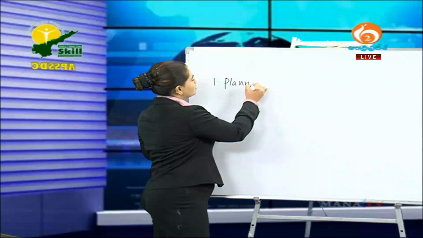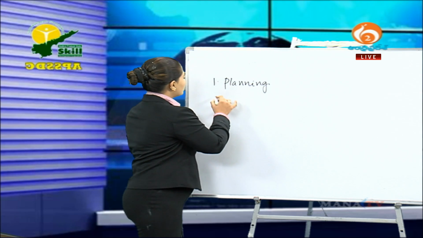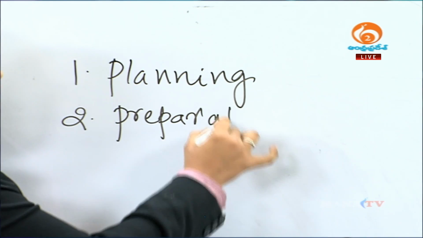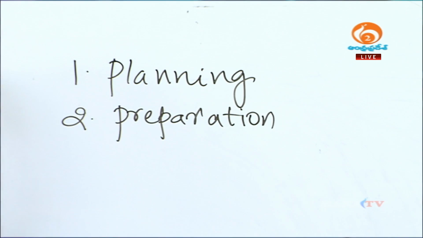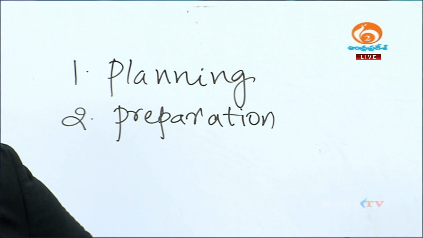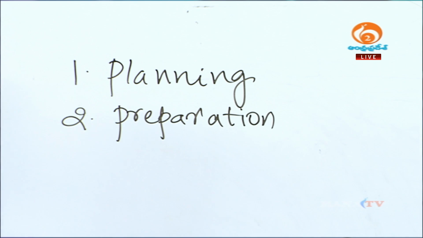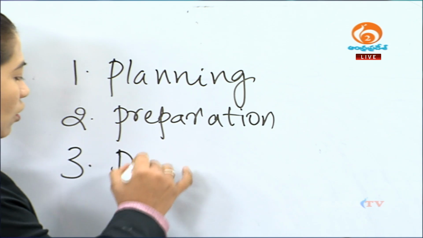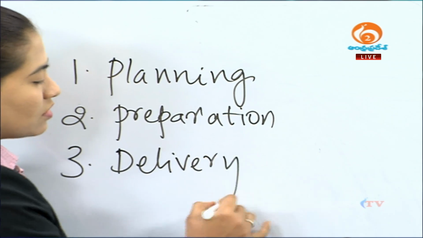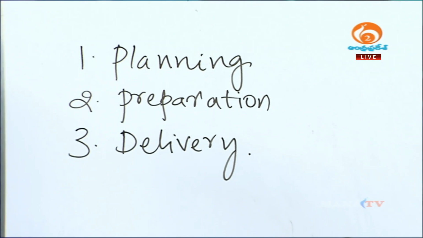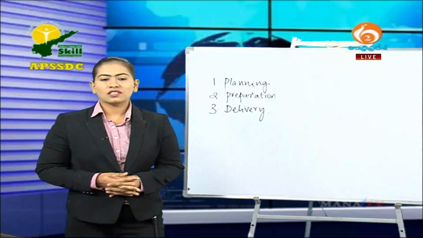So the first one is the planning stage for effective presentation, and then we go by the preparation, then we move on to execute it, that is the delivery of presentation. Okay, so planning, preparation and delivery are the three sequential steps to make your presentation effective, and all you